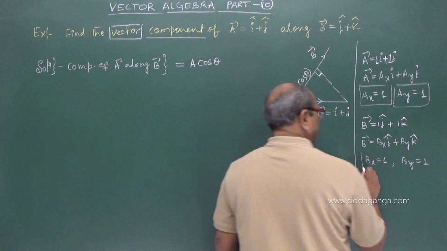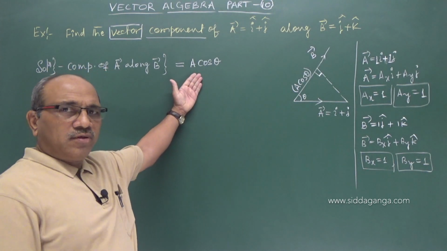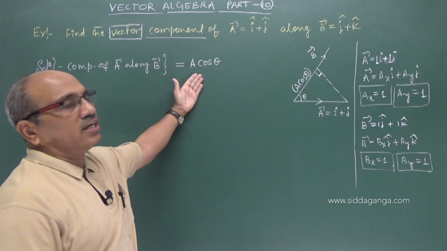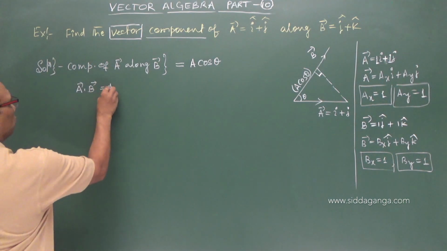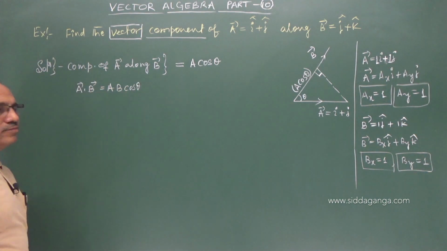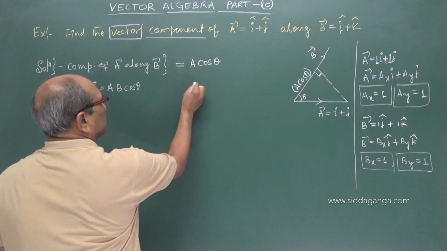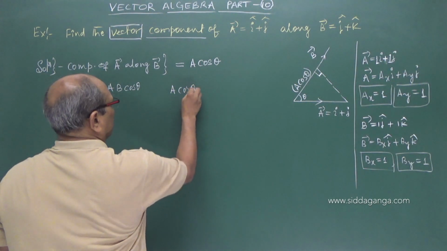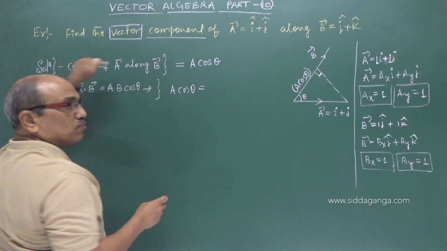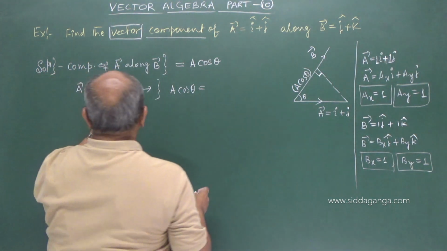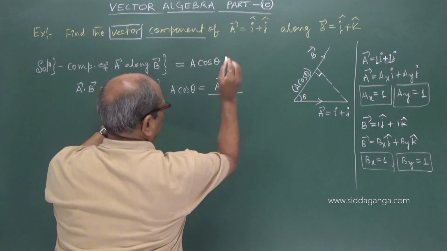How is this helping us? I got this one, but the problem is how to come to the solution. Just think, the dot product has the answer. What does the dot product give you? A dot B equal to AB cos theta, right? A cos theta is what we want, that is nothing but the component of A along B. If you retain A cos theta, then it is A dot B by B.